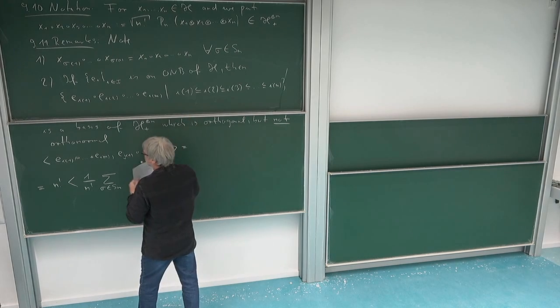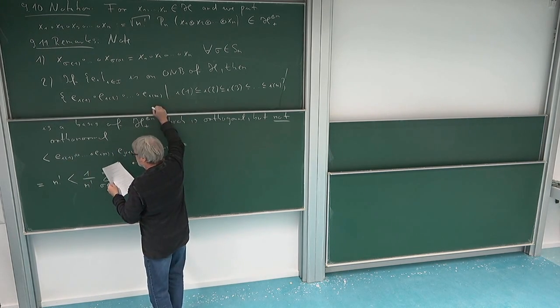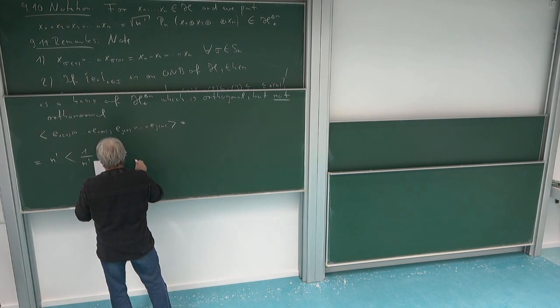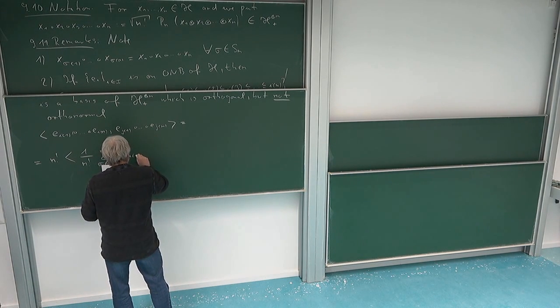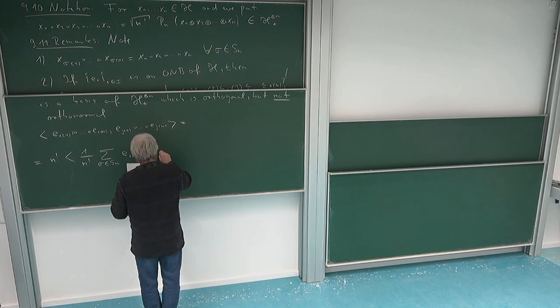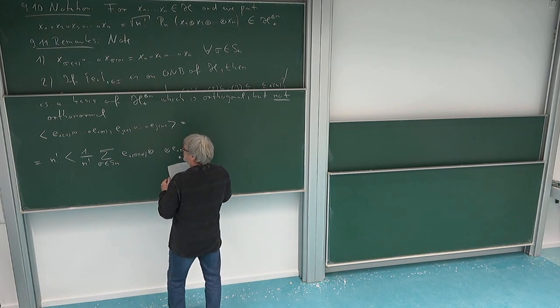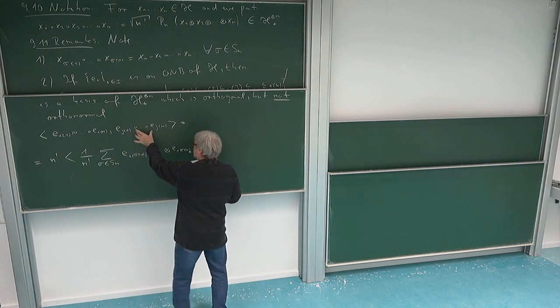So I take those guys here, but now I have to permute them with sigma. So what I get here is now e of i_{sigma 1} tensor and so on up to tensor e of i_{sigma n}. So that's this guy here,